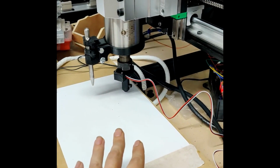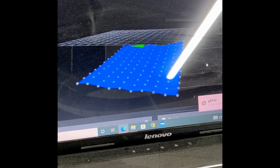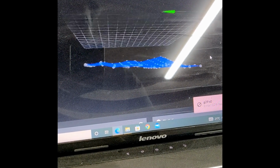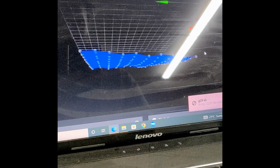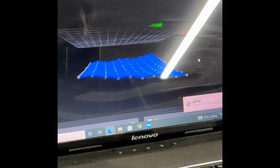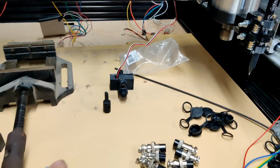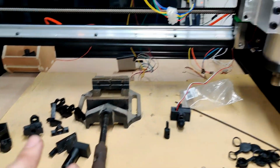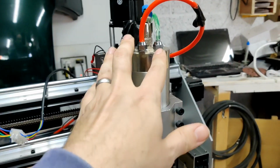We'll see what the height mesh shows at the end. So this is what that height map data looks like, and boy, that surface that I think of as even is very off. That's cool. So that's pretty successful. A bunch of iteration on design, but all of which was really procrastinating before I got